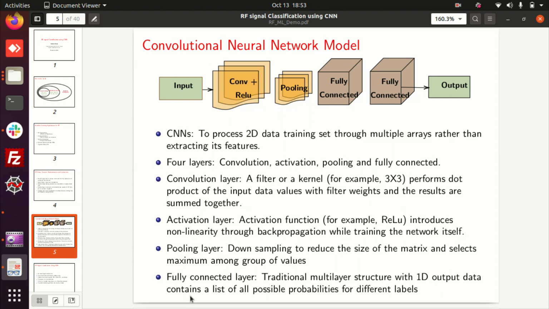What you are going to do is send the 2D image data to this convolution layer. In the first layer, there will be a convolution, and you will have a filter or a kernel of a fixed size, 3 cross 3. In our case we are taking 3 cross 3, or you can increase the size to 5 cross 5, 7 cross 7, whatever else. It is going to do the convolution between your input data, the matrix values or the pixel values, and the filter or kernel weights. 3 cross 3 is the filter, right? And the output is a feature map. It is extracting the important features of your input image.